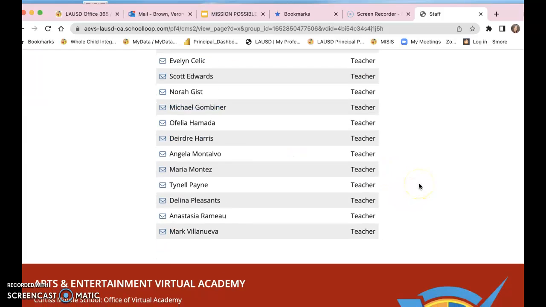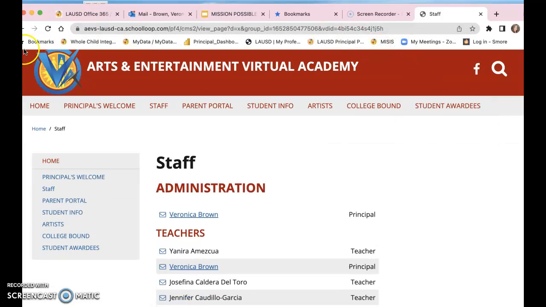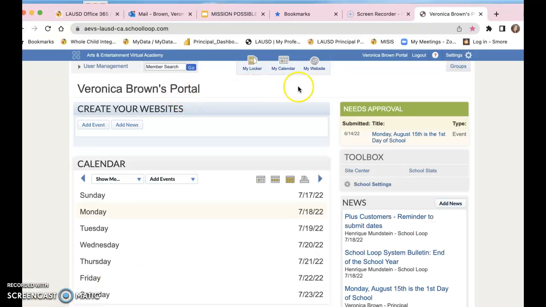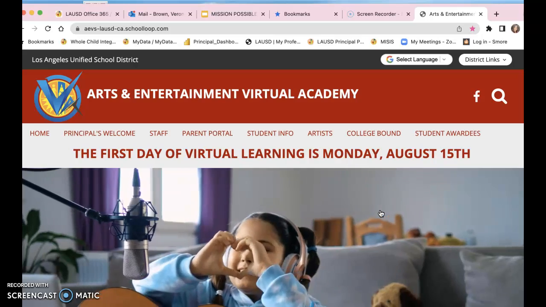And when you finish doing all of the names, then don't forget you want to take it back and log out. So you're going to exit, and then right here where it says log out, you just want to log out. All right, so that should be it, and that's how you add names, staff names to our website